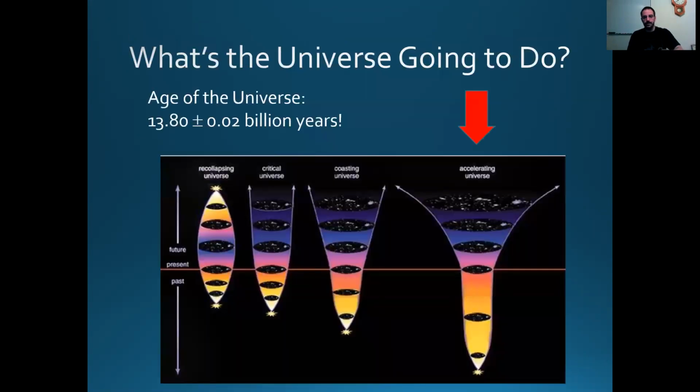All right. So the big question here, what's the universe going to do? There's a few different models. There's this idea of a universe which collapses on itself. So it gets bigger for a while, then stops, and then comes back down. We call that a closed universe. That's one model. Then we have a model where the universe expands and eventually reaches a kind of stability where it stops expanding. We have one where it just keeps expanding forever. And then we have this one where it expands, maybe slows down for a little while. That's the deceleration, and then starts expanding very rapidly. We believe that this is what the universe is going to do. It's going to be this accelerating universe.